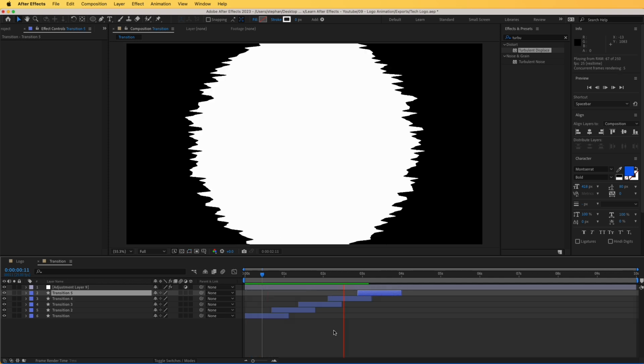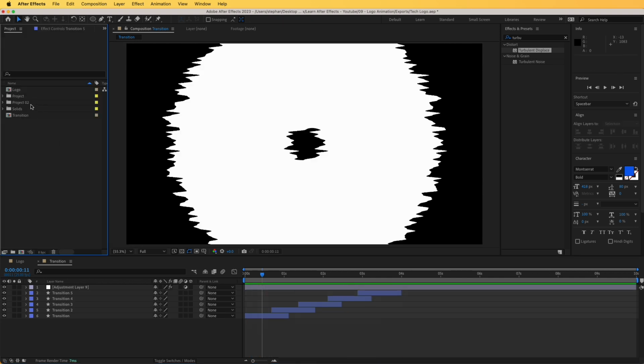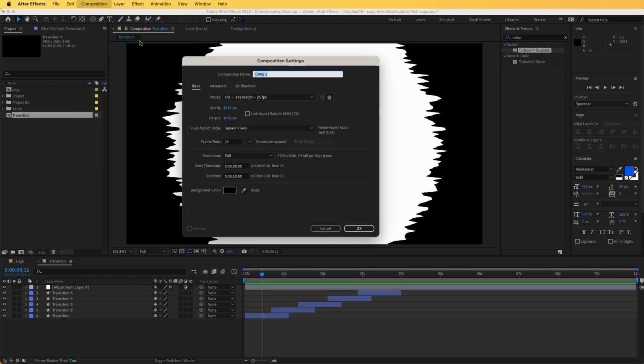And if we have a look at this, we can see that we have that effect. Cool, so we have our first effect done in there. Now we're going to create a new composition, the same settings in here, and we're going to rename